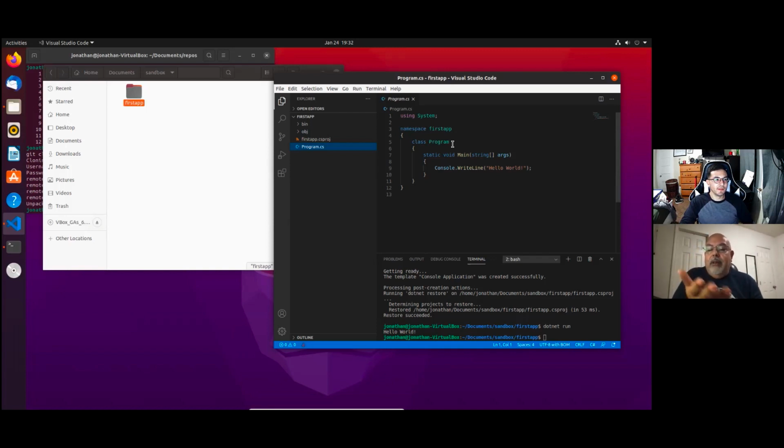is inside of the namespace. So if you were to fully qualify this class, you would say firstapp.program, if you were to reference this from anywhere else. And then to go even further, if you want to access the main method, you would fully qualify down to the method,